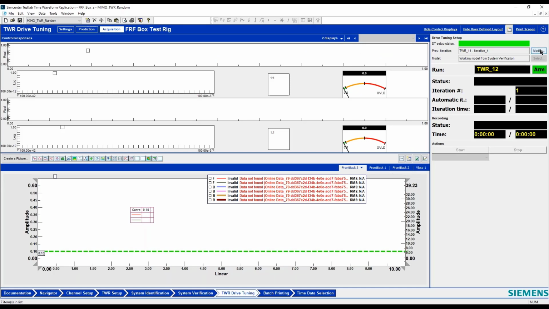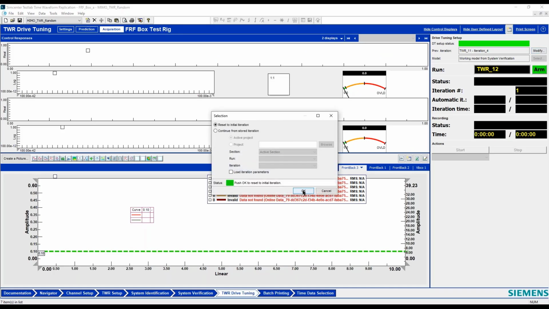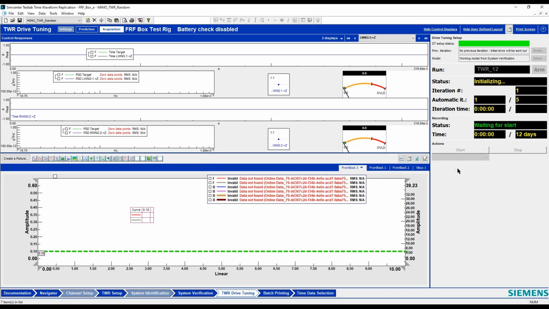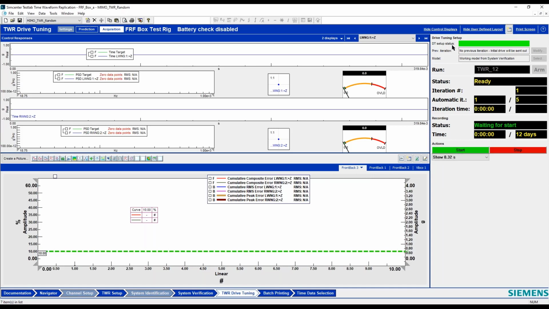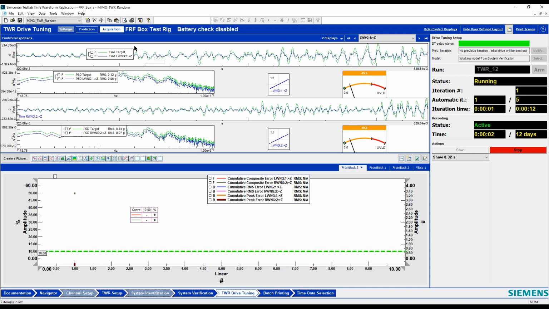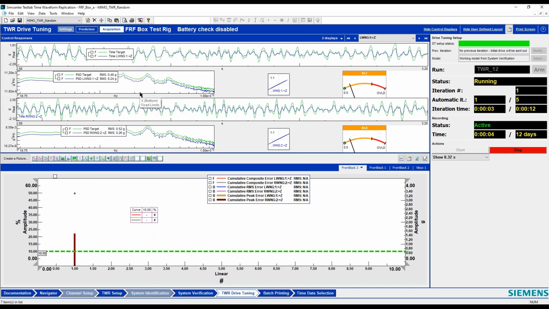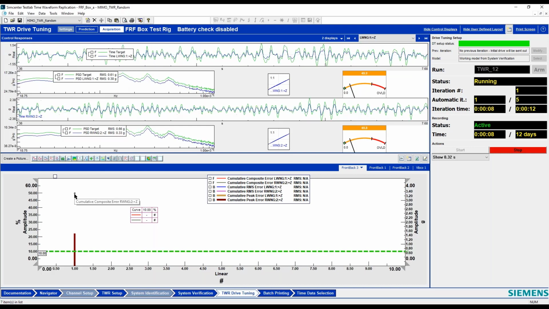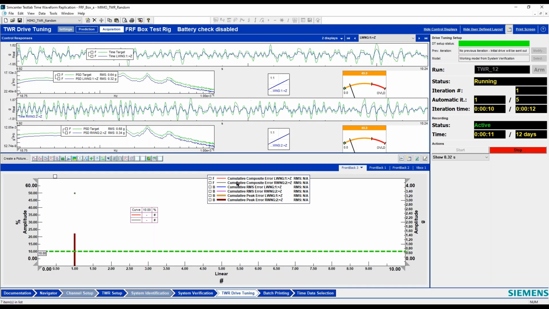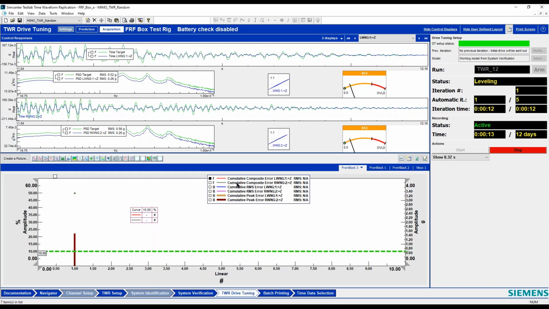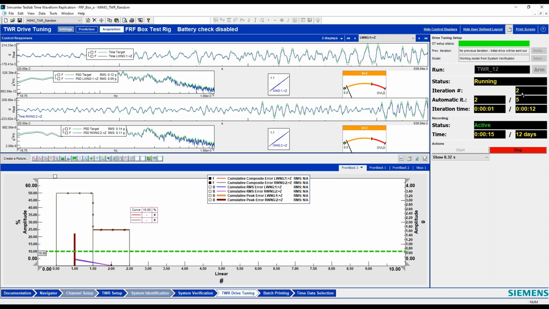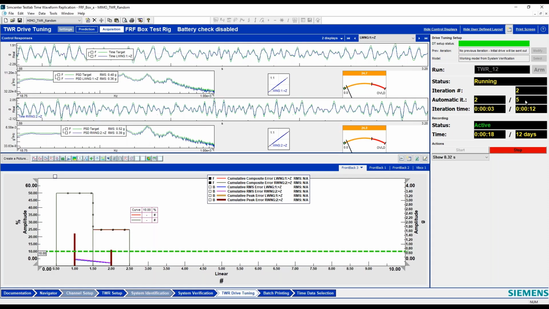I'll arm the system. I'm going to initiate the model. It's coming from the SysID. And start. So here I'm looking at target 1 response. So again, these are at 50%. This is the error, composite error down here. So that's my composite error will show up here. So I'm at iteration number 2 of 5.